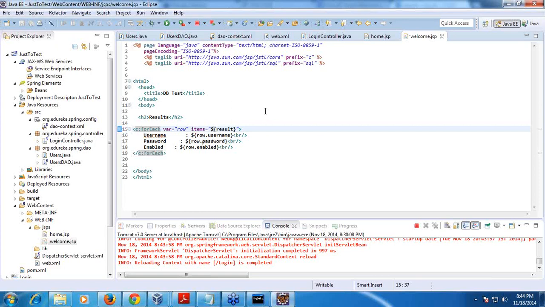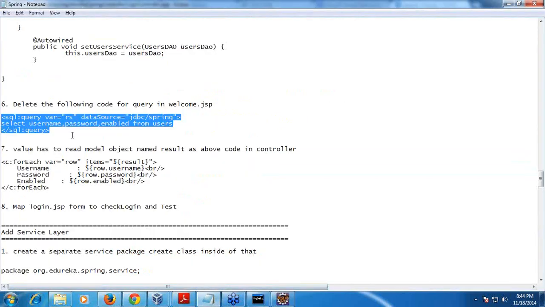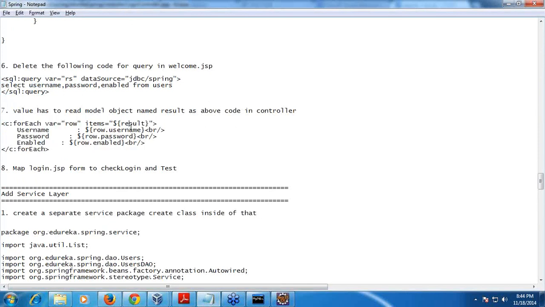In this example I am sending the model back. What is the model? That is the user DAO simple method I have created. If it is valid, I am getting all the users into a list. I am adding this user list to this result, then I am returning it to welcome. So you can observe this point, and then you can change the result here.